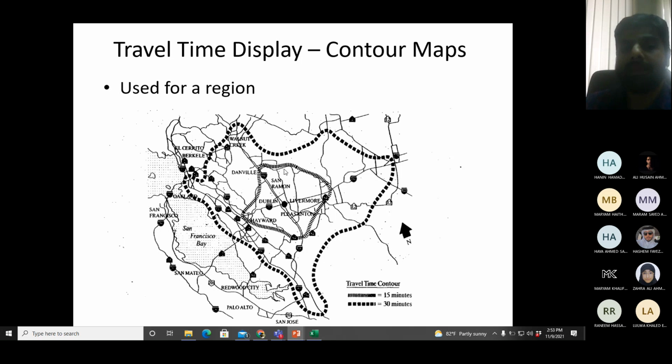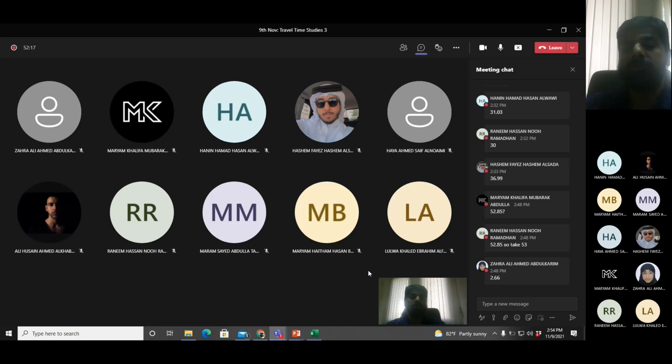The travel time contour map is helpful in planning for the traffic which will come towards your facility, because you know from which areas people can come. For plotting a travel time contour map, you need to take travel time for the entire region. You cannot take travel time observations for one highway or one segment and then plot this contour map, because you need travel time in all directions from the reference point. You have to drive on all the highways coming out of your reference point, on all different routes. Then you can plot the map. So a travel time contour map is not so easy to plot.